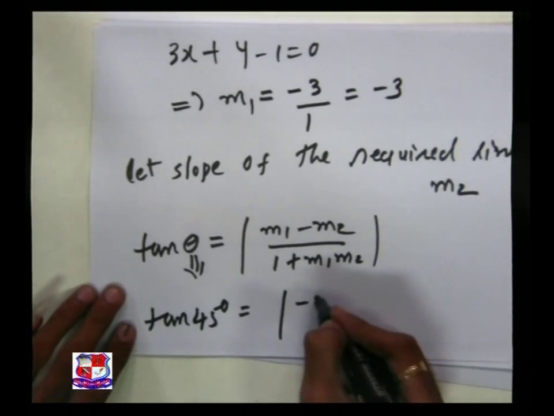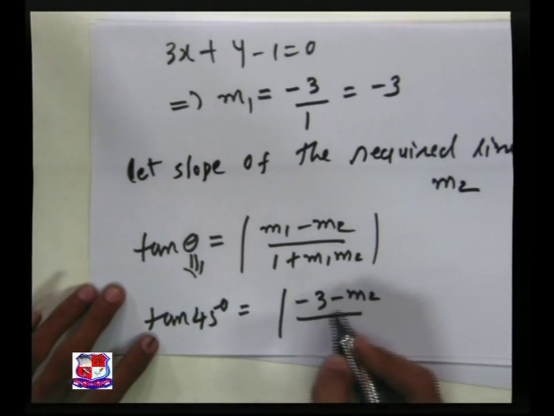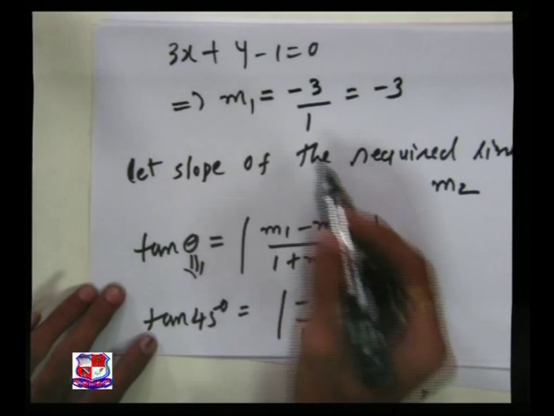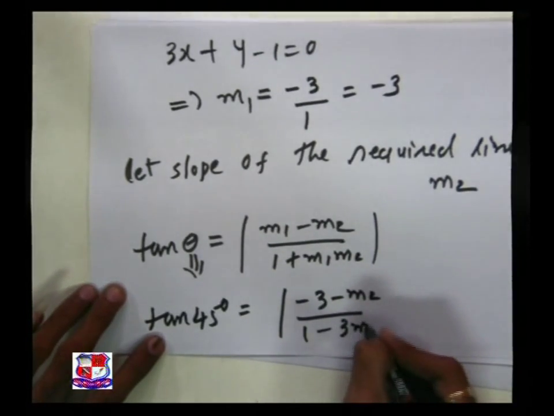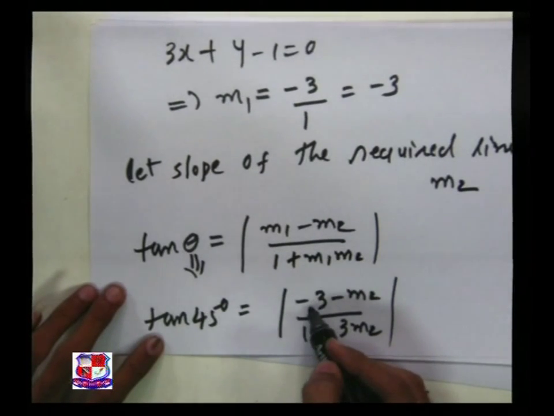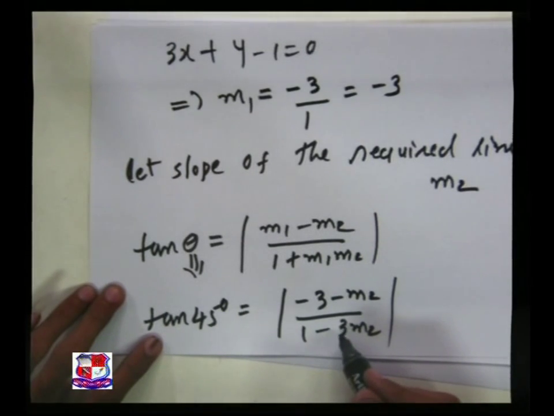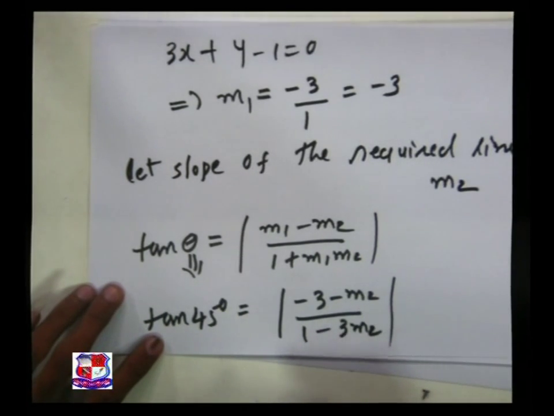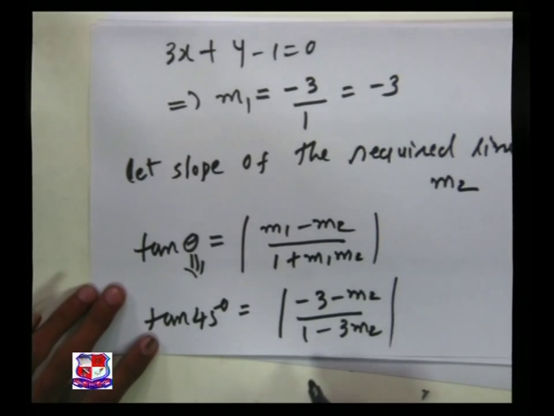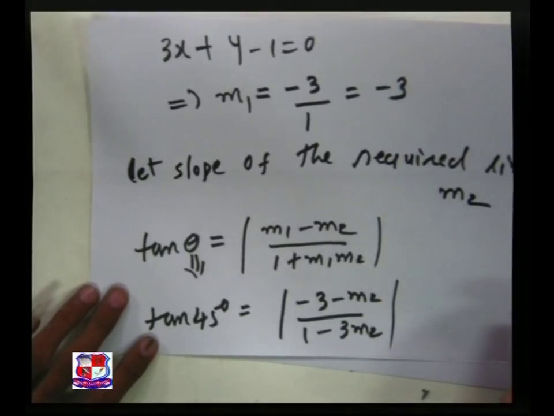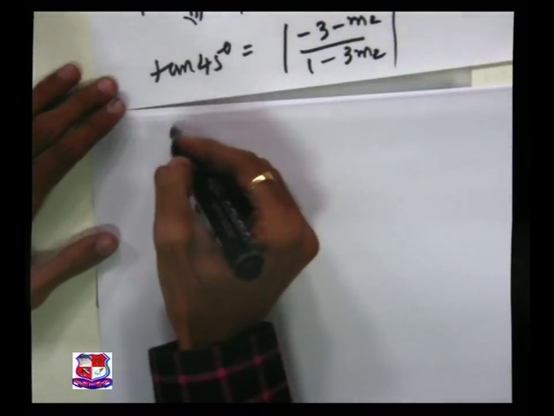So here we get (minus 3 minus m2) upon (1 plus m1 into m2), but here m1 is equal to minus 3, so we will get 1 minus 3m2. Okay, so tan 45 is equal to 1, so we will get here 1 is equal to,